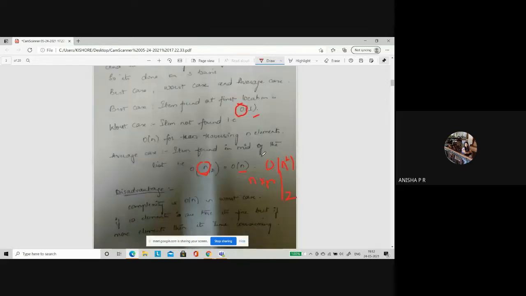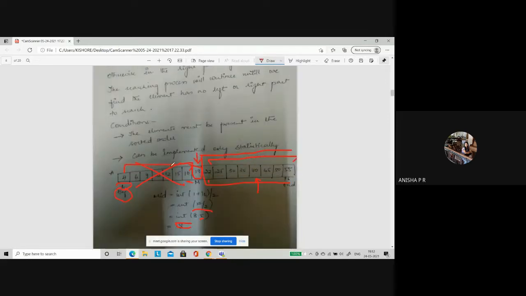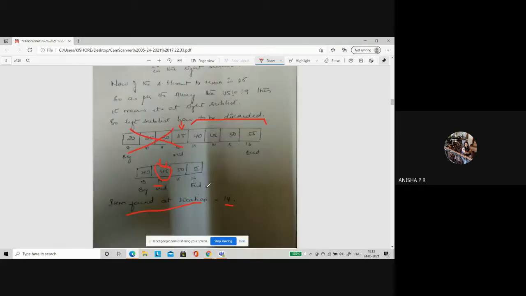Take this case. First, what did you do? With n elements, you compared with the middle element. Here the complexity would have been, best case, order of 1 if it was the same here. Since it is not, what will happen now? You have to divide this entire array into 2 parts. That is, these n elements got divided into 2 parts, 1 part here, 1 part here, n by 2. So when it became n by 2, this was your new list. Here also you did not find it with the middle element. Again you divided, it became n by 2 by 2, that is n by 4.